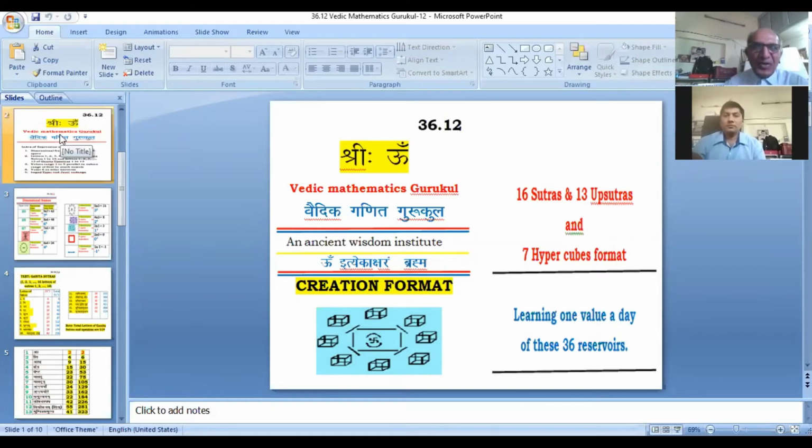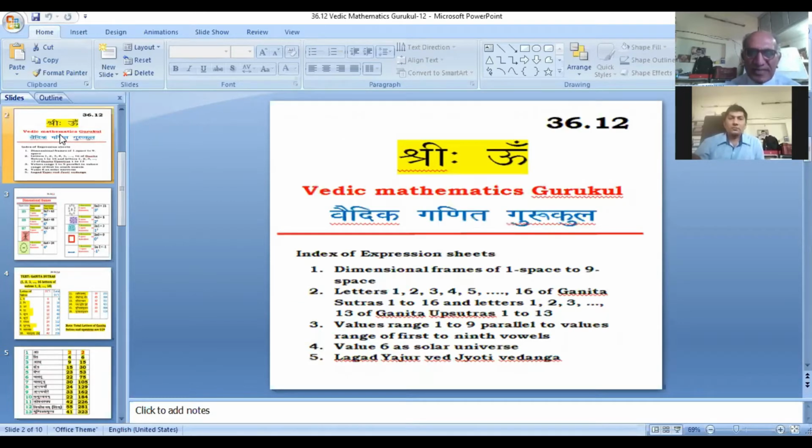Welcome. We are having a sequential glimpse and chase of the values of 29 reservoirs of sutras and upsutras, together with 7 reservoirs of formats of hypercubes 1 to 7, added by 9 reservoirs of 9 basic elements, 9 numerals. Today, we are going to have a glimpse of the dimensional frames of 1 space to 9 space and the